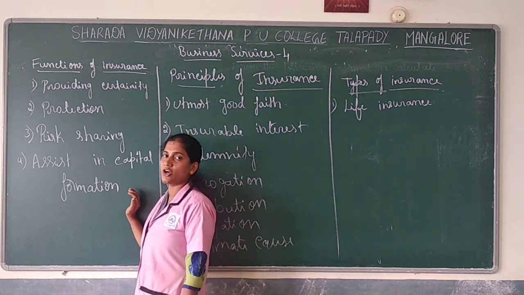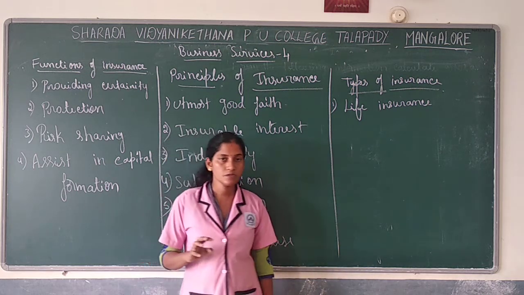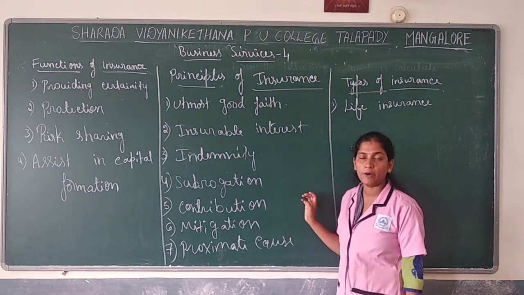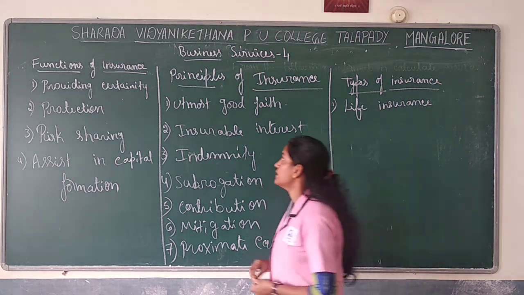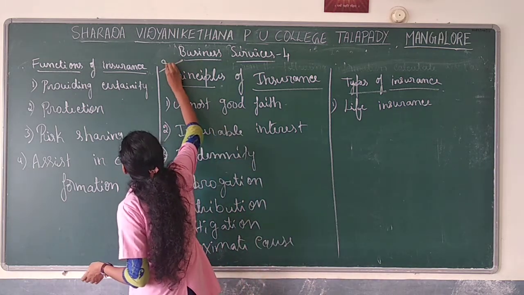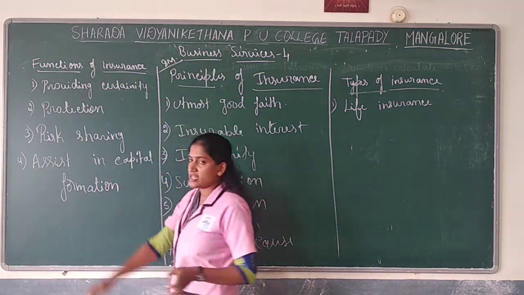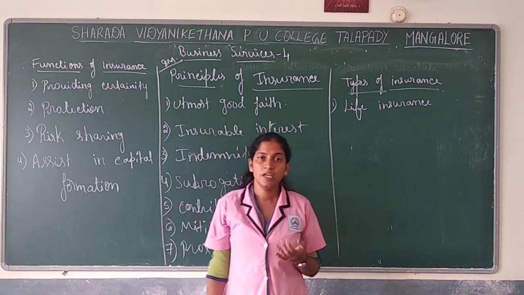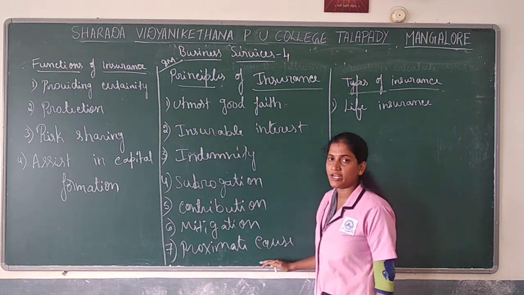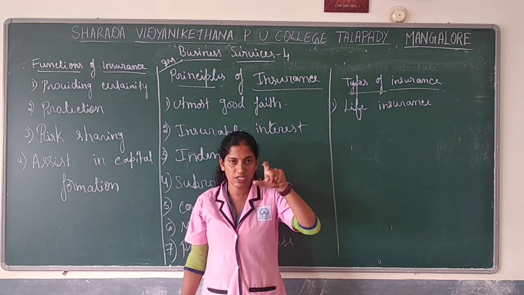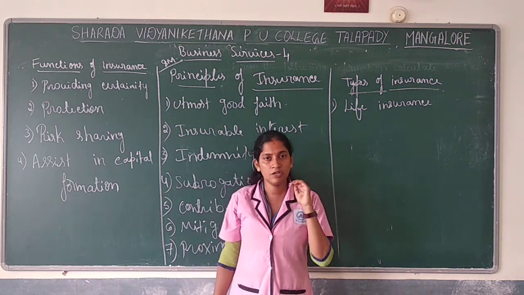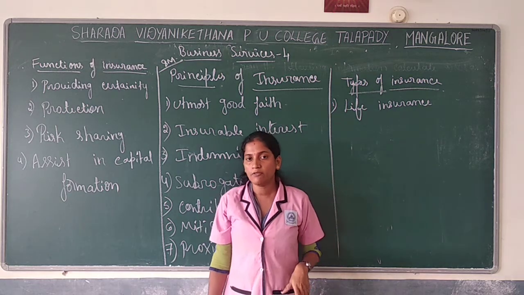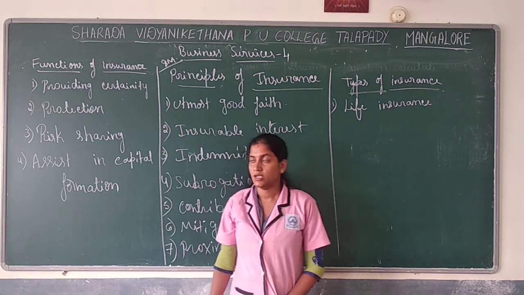These are the functions of insurance. Next, we will see the principles of insurance. Very important, students. Can be expected for 8 marks. Okay, 8 marks question is principles of insurance. So if it comes for 8 marks, you have 7 points. You have to write 1 mark for the insurance definition, and for 8 marks you have to explain the other 7 points. Okay, and it will be asked for 8 marks too.